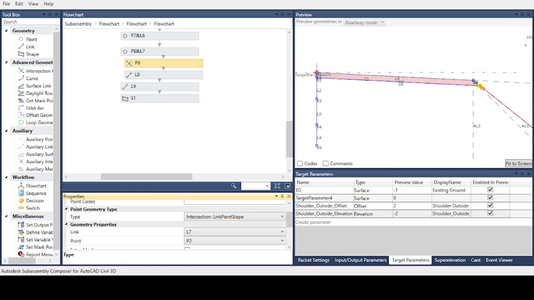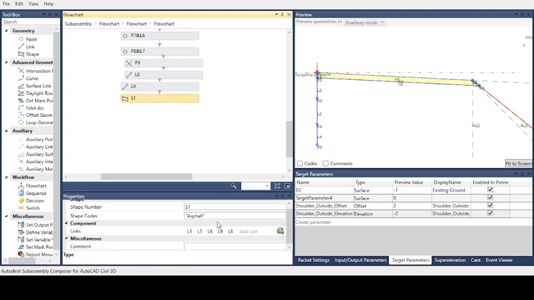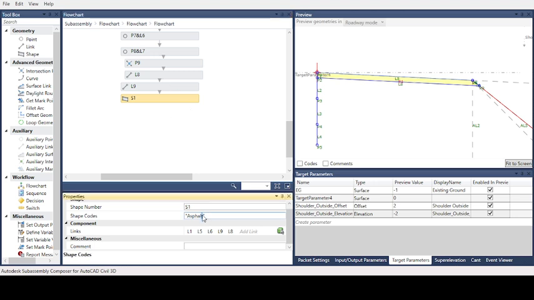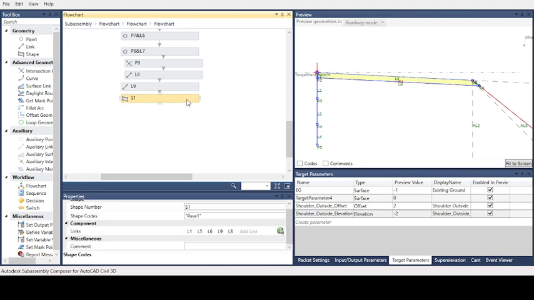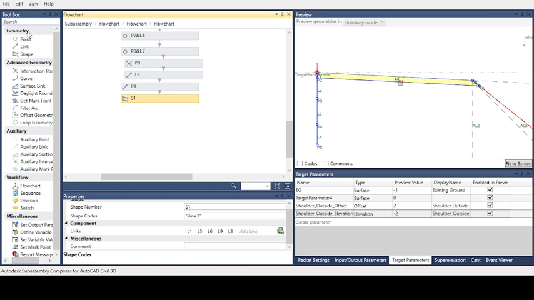Now we are creating shape one. This one is paved asphalt. We can rename it pave one, because the material can be different from one place to another according to our requirement. And we will also create a shape for the next pavement layer. In order to work on this, we will go to the toolbox, to intersection point.